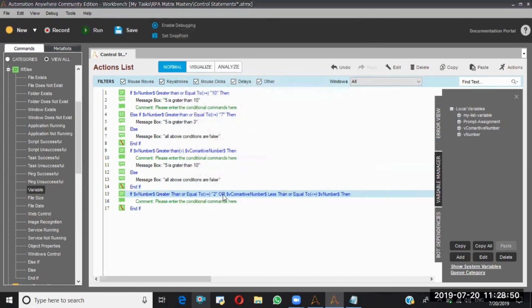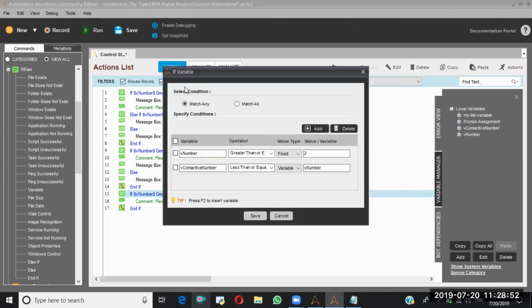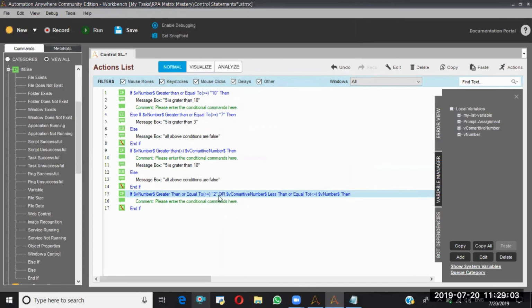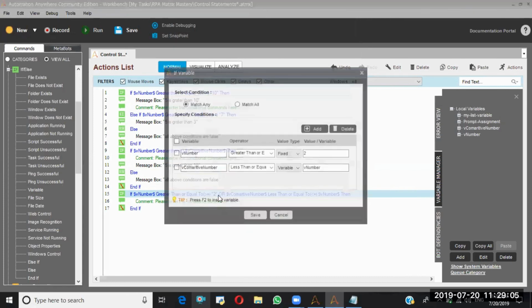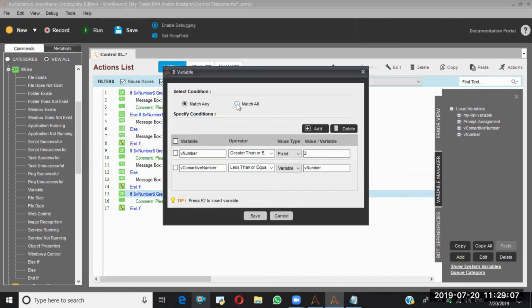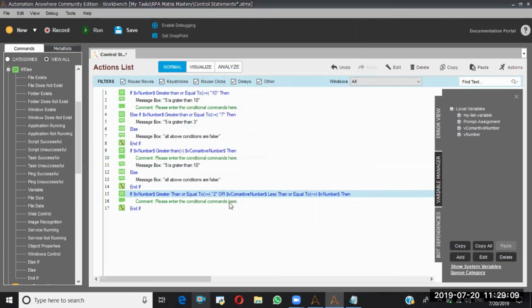See here, I am saying match any. So if any one condition is true, the block will execute. That's the reason the or statement came. Otherwise, if I say match all and save it, the condition will become and. That means both the conditions should be true, then only the condition will appear.